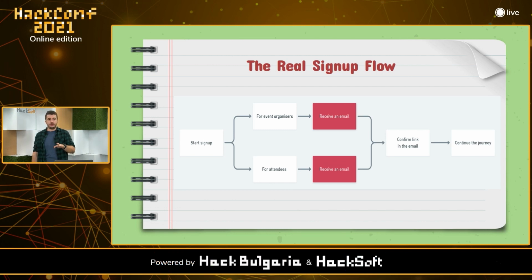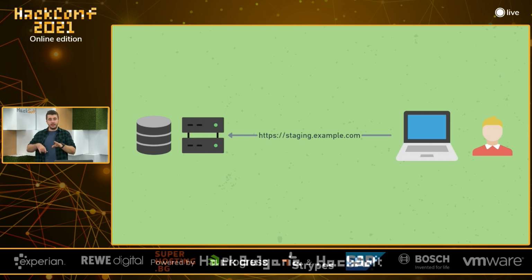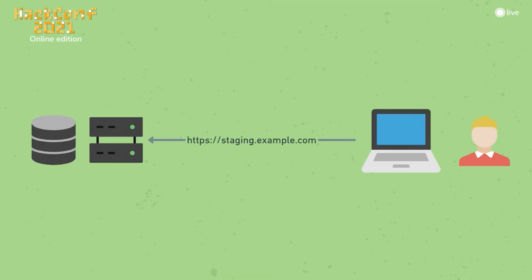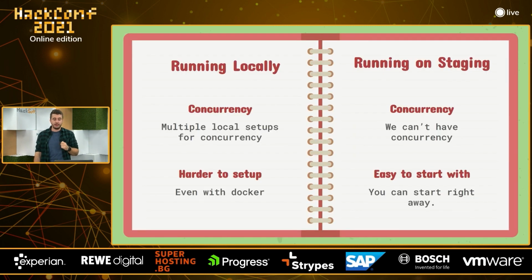So we decided, you know what? Let's run these tests on staging. So on my local computer, I'm running my tests, and they're hitting the staging environment. So every time I run the tests, every test is deleting everything on staging, running a single test, then deleting everything again, then running a single test again. Which works out of the box, and it works kind of good, but it has some pretty significant downsides.